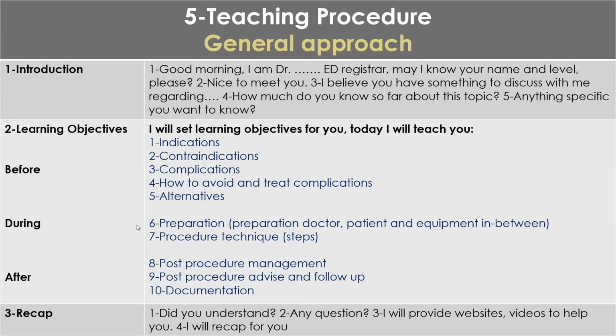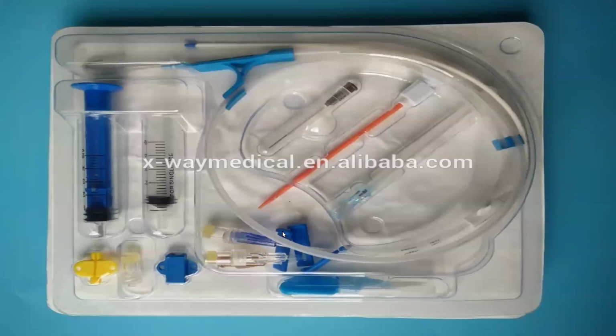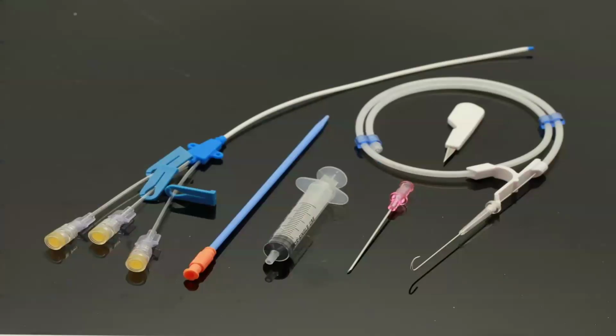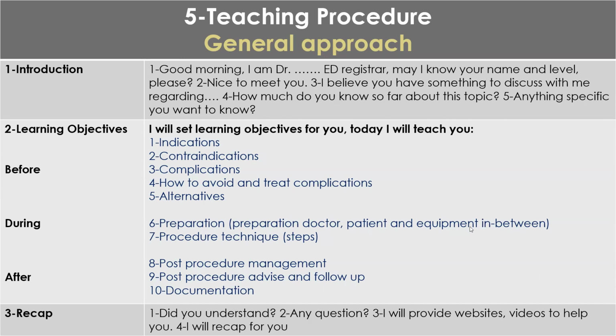Preparation, so doctor and nurse wash hands or PPE, at least one, doctor and nurse. Patient lying flat, and wrist dorsiflexed. And regarding the equipment, you will prepare needle, syringe, guide wire, so Seldinger kit, I mean. Procedure steps, as we mentioned, then post-procedure management: dispose all sharp needles in the sharps bin, other equipment in your box, clean